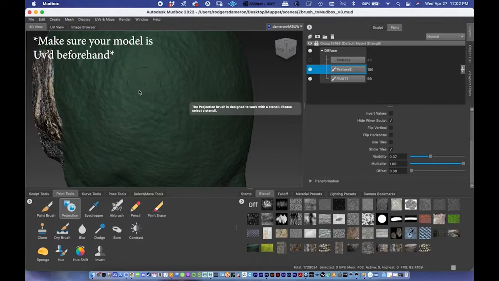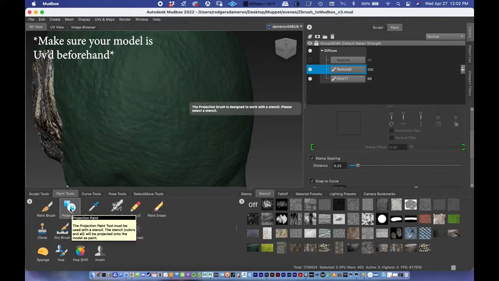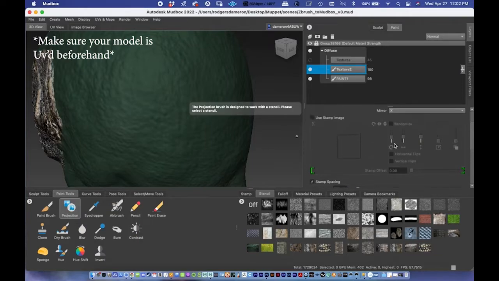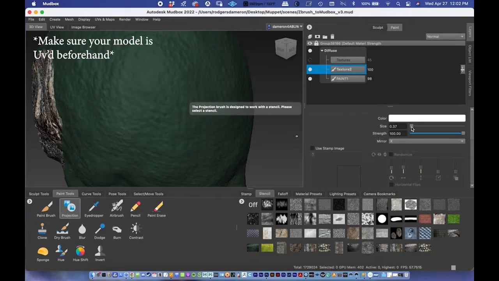And what you're going to want to do is go to the paint tools, the projection tool. If I double click on the projection tool, you can see my properties window changes here. I have the size of the brush, the strength of the brush. I pretty much always want it at 100. I have symmetry turned on. The color is white, and that is fine because I'm going to choose a stencil down here to have as